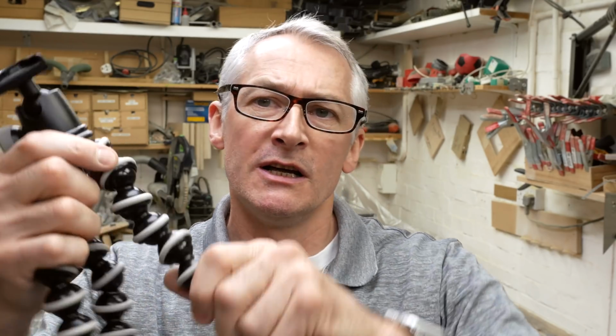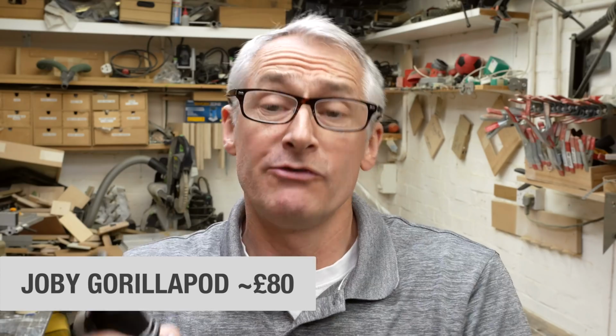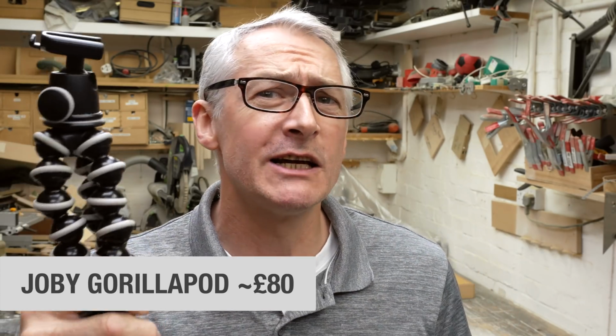Now, if you watch quite a few YouTube videos, you've probably seen a few guys using these kind of things. These are Joby Gorilla Pods. The legs bend around and you can twist them around onto all kinds of things. They're really good, but quite expensive. They're about 80 quid, these now. And to be honest, in a workshop setting, they're not that useful because there are only so many things you can wrap them onto. Instead, I've come up with something a little different, certainly cheaper,